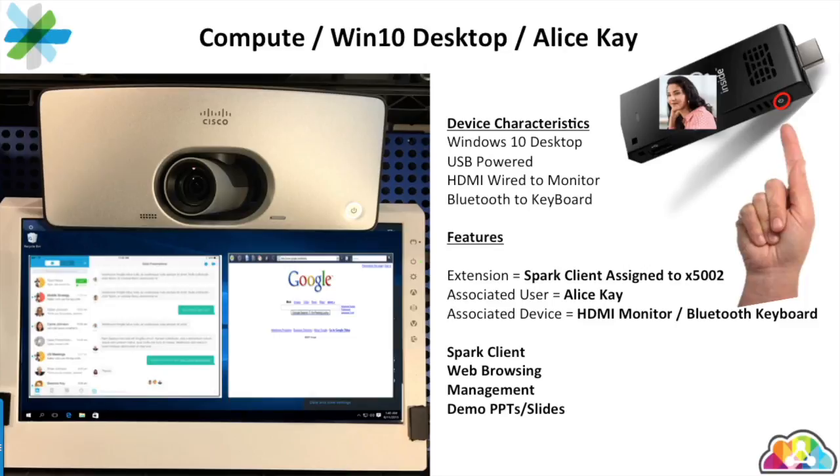Okay, that brings us to the compute module, which is in the kit, and you can see on the compute module Alice K's picture, and that is because she is the default user of the compute module. So just the device characteristics. The compute module is a lightweight Windows 10 desktop, USB powered, and basically a wireless connection via the Meraki into the kit. It does have an HDMI wired to the monitor by way of the EVUNS switch, and